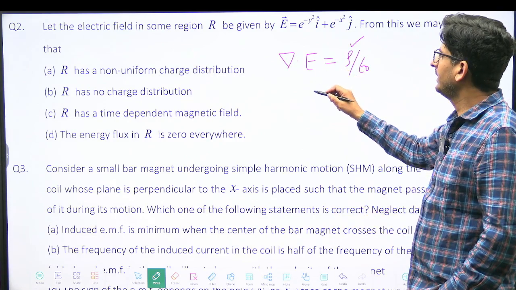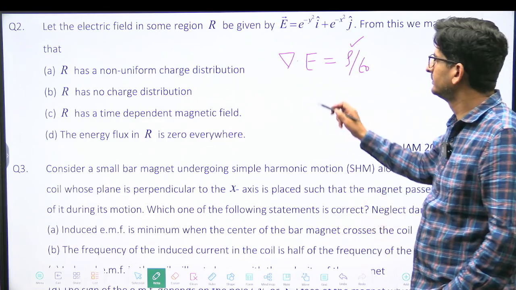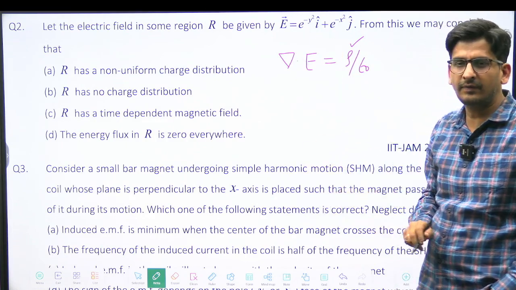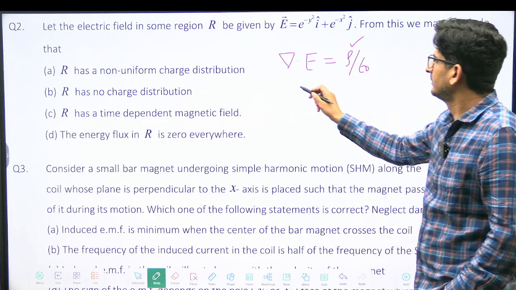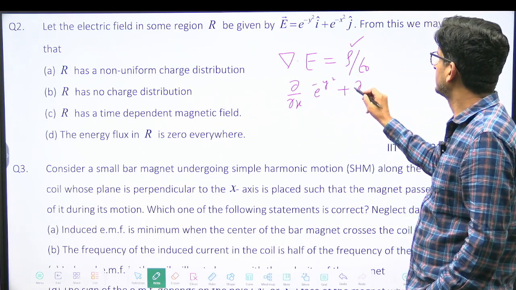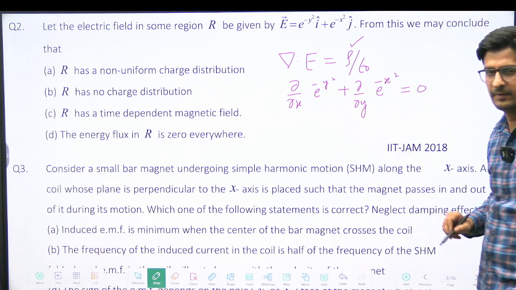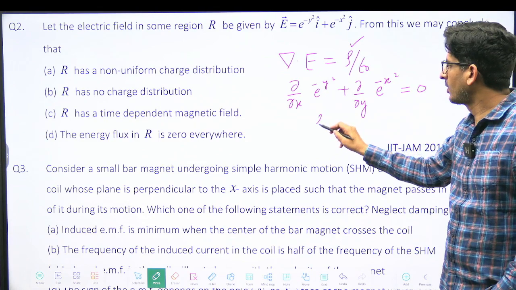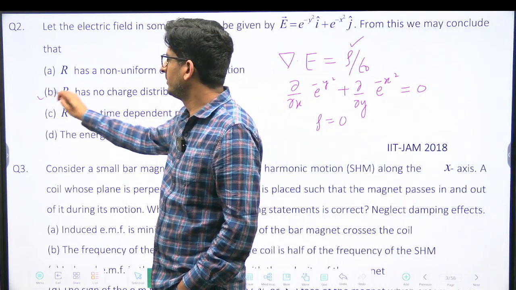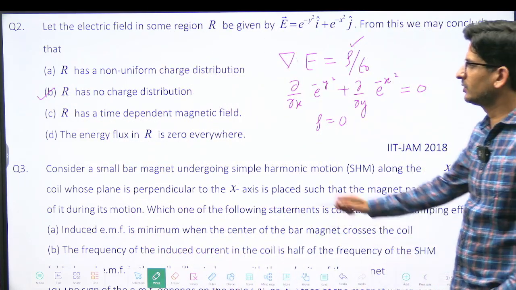So del dot E is given by del by del x, so it is, pay attention, del by del x of e to the power minus y square plus del by del y of e to the power minus x square. This is 0. So that means rho is equal to 0. So R has no charge distribution. Okay? No charge distribution, but also,